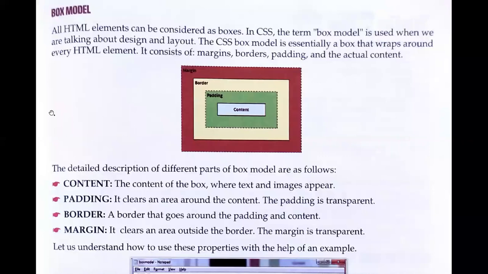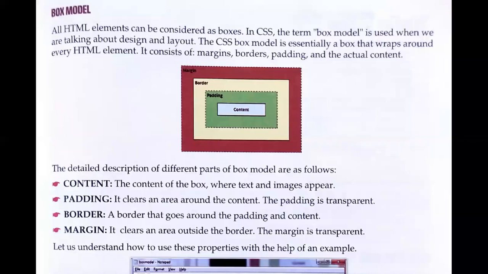So all HTML elements can be considered as boxes. Whatever elements we use in HTML, we consider them as boxes. In CSS, the term box model is used when we are talking about design and layout. If you want to create a web page, you have to decide the layout, the design, the criteria of your web page.